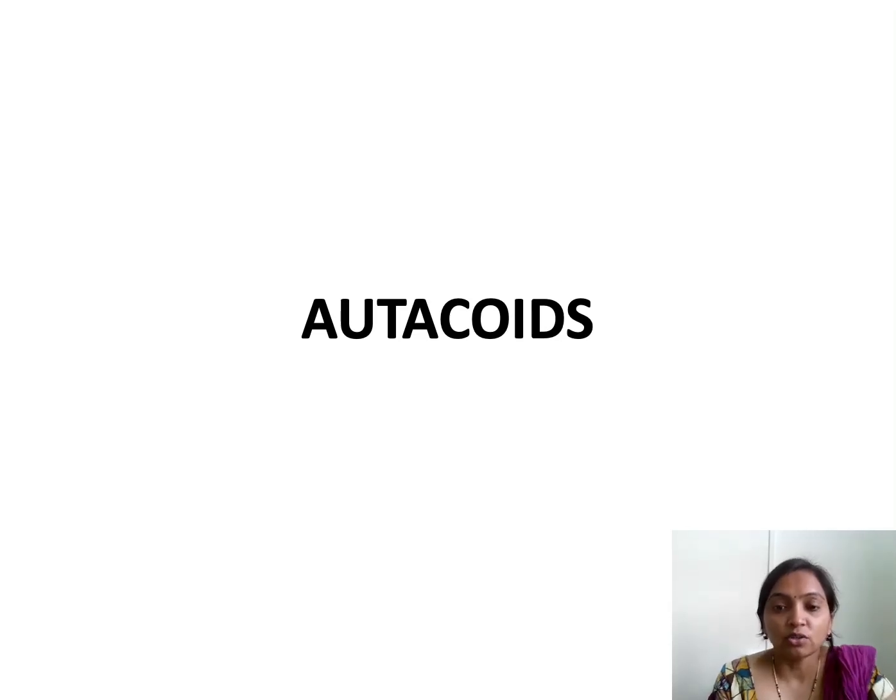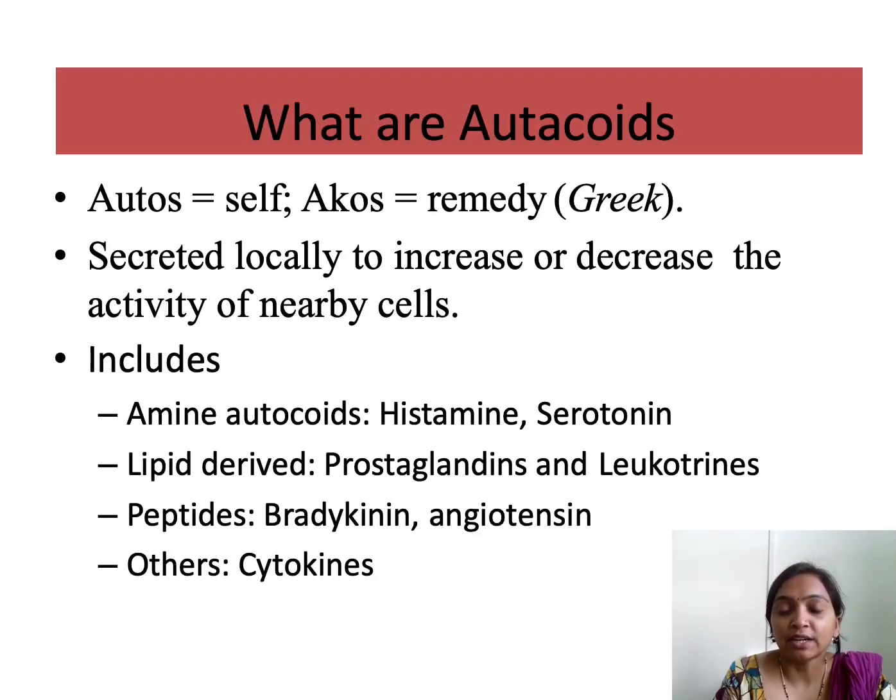Hello everyone. Today we will be studying about autocoids. So basically, autocoids mean something which will regulate by itself. In our body also there are some substances which are secreted locally, so that they will increase or decrease the activity of the nearby cells. These substances are called autocoids, which is the self remedy which a cell does